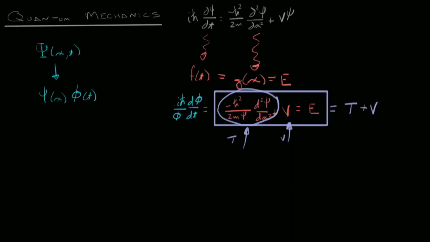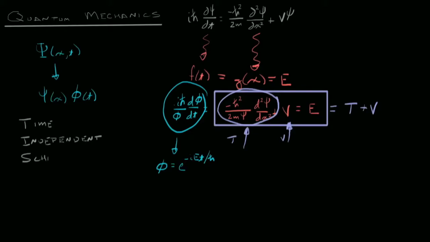And if we follow the same steps to find f of t, we'd come up with this equation, which leads to solutions of this form, e to the negative iEt over h bar. This is known as the Time Independent Schrodinger's Equation, or as I'll often annotate it, just TISE, and it has some really interesting characteristics. First, if we assume a separable solution, the actual wave function is a function of x